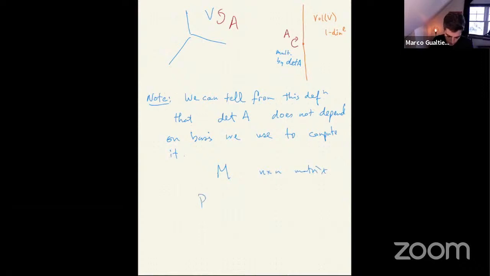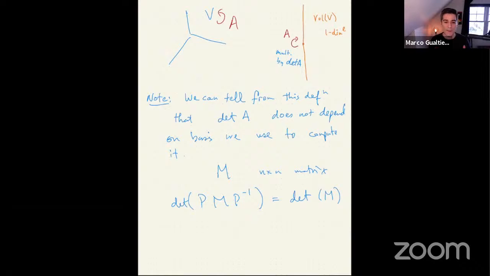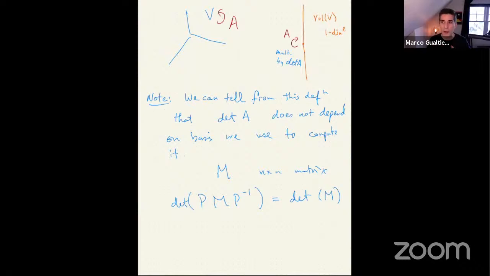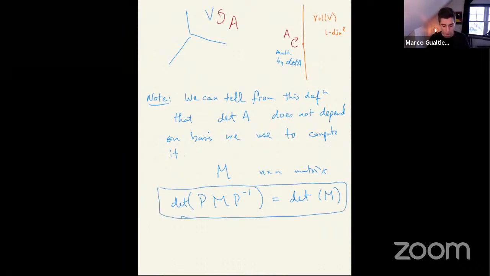then if I wanted to take the determinant of P M P inverse, this would be the same as the determinant of M. Right? In other words, what I'm saying is that if you take an operator and write it in one basis as a matrix and take its determinant, that should give you the same number as if you had chosen a different basis to express your operator. The determinant is a property of the operator and not of its matrix representation. So we end up with a matrix identity like this, which tells you that the determinant is unchanged when you do conjugation by P.